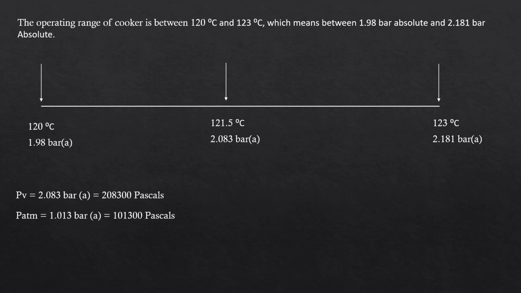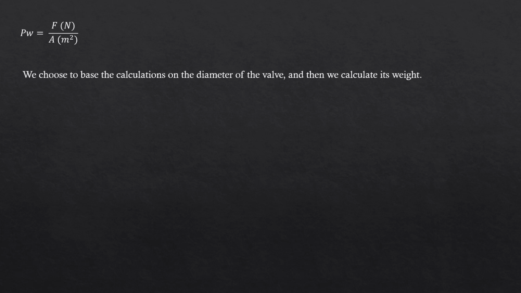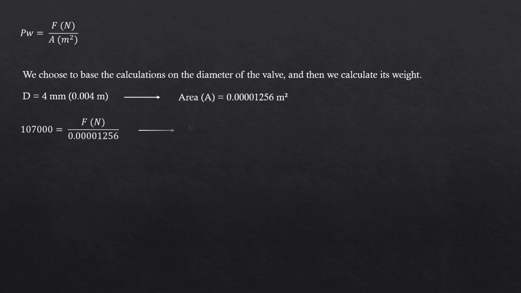Atmospheric pressure at sea level is 1.013 bar or 101,300 pascals. Therefore, the pressure of the weight is 107,000 pascals, which is the force or weight over the cross-sectional area. Here we can either specify the area of the section and then calculate the weight, or choose the weight and calculate the area. We choose to base the calculations on the diameter of the valve, and then we calculate its weight. Let the diameter of the valve be 4 millimeters. Finally, we find that the weight of the valve is